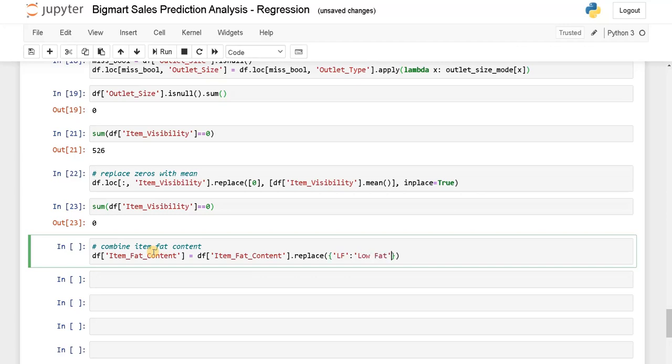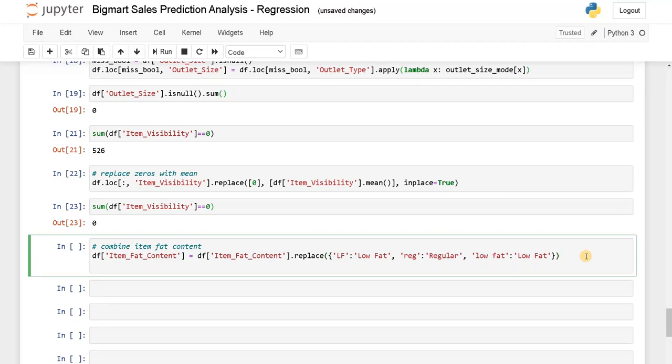Next, reg, new column will be again regular with full word. And the last one is again low fat, low fat. We will change it to the same value. Okay, now that is done.